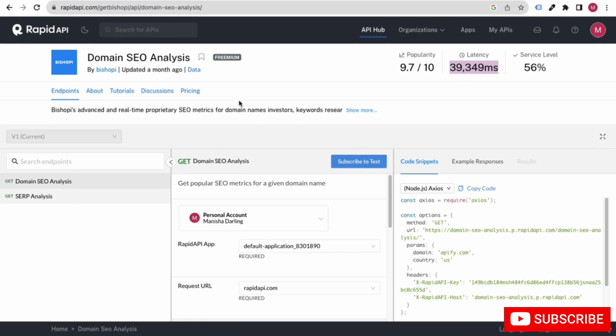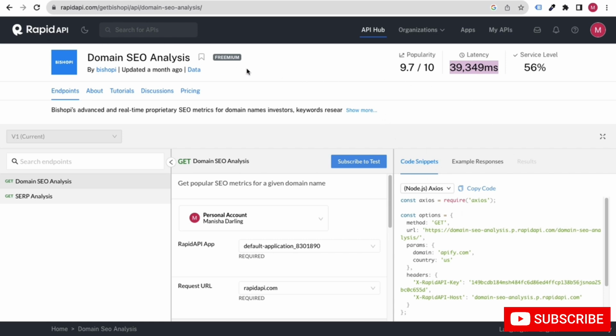So that's how you have to analyze your competitors through this Rapid API website. So basically, it's a marketplace where we are also going to publish our API after building it. Okay, so it's one of them, that is Rapid API. So we will talk about this, but that's how this works, my friend.